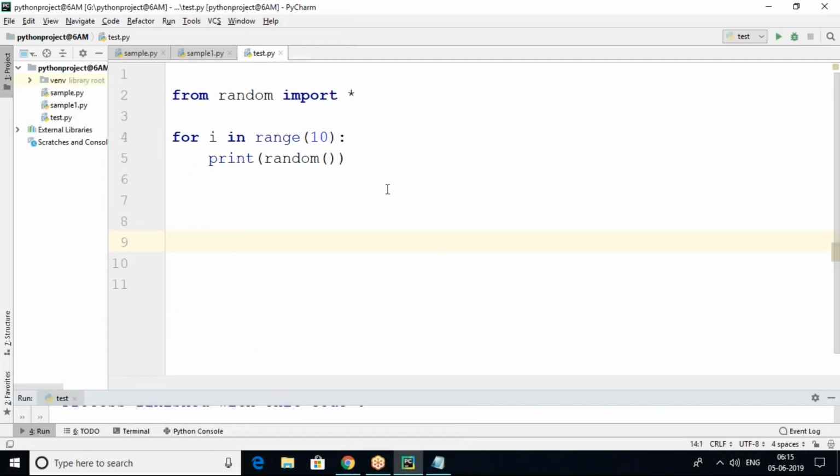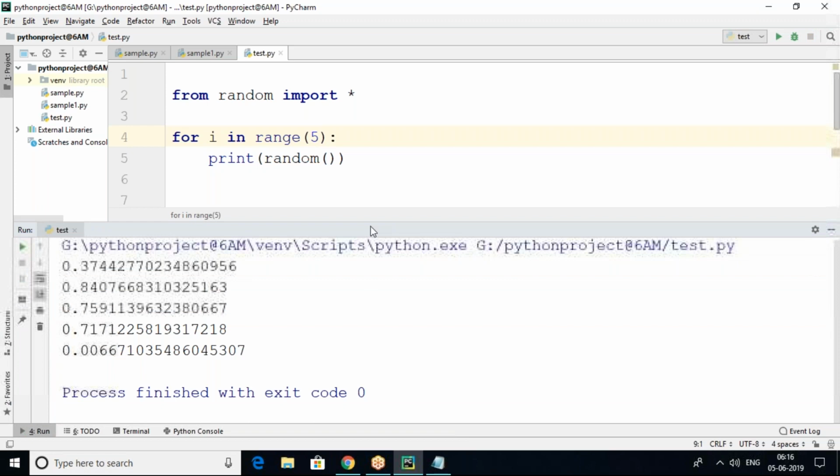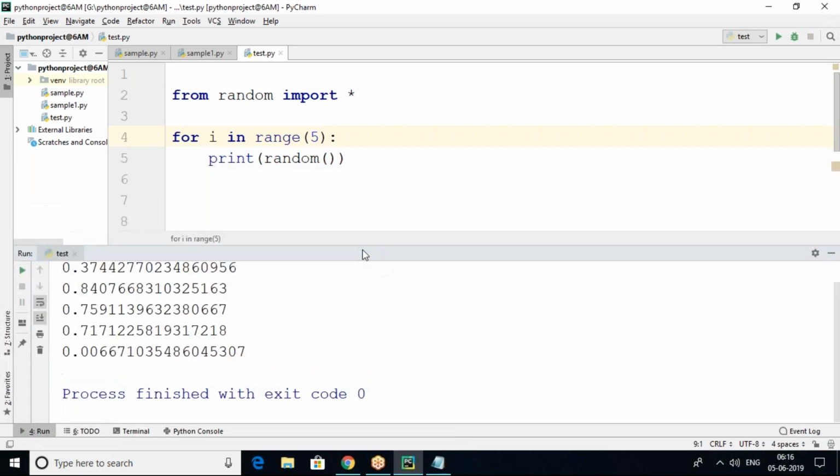So this function generates random float numbers between 0 and 1. If I want only 5 numbers, just give 5 here, and 5 random numbers will be generated.